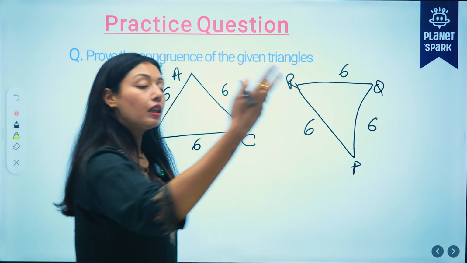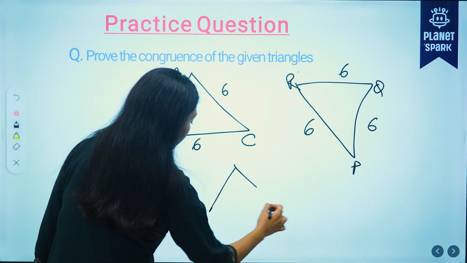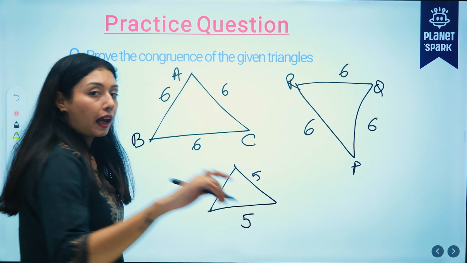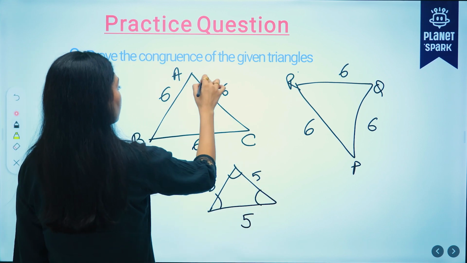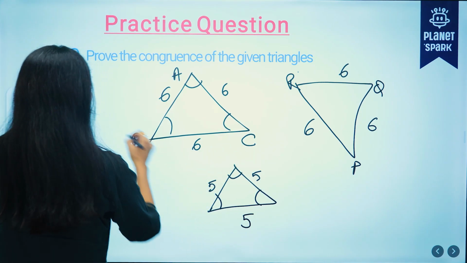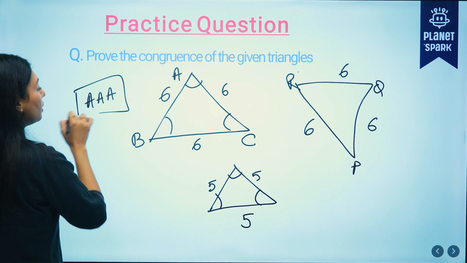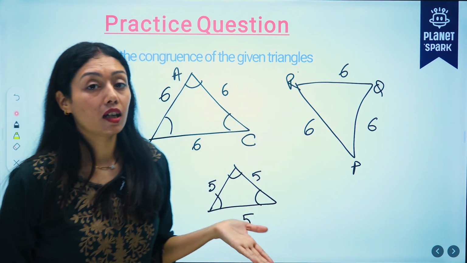But will all the equilateral triangles be congruent? Everybody think of it. एक और equilateral triangle है मेरे पास, but here the sides of the measure are 5, 5, 5 each. Angles will be same. Yes, 60, 60, 60, 60, 60, 60. But is AAA a criteria for congruence? कि दो triangles के तीनों corresponding angles equal हैं. Can we say they are congruent?